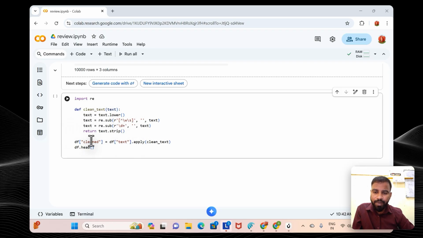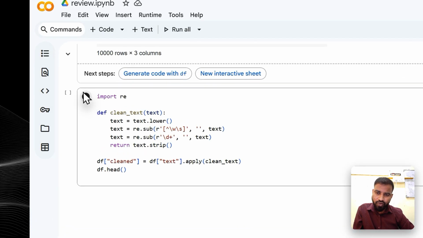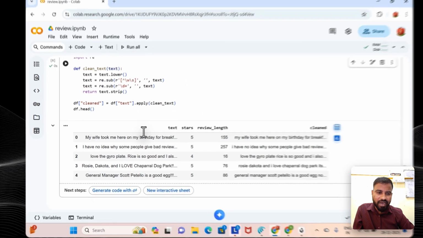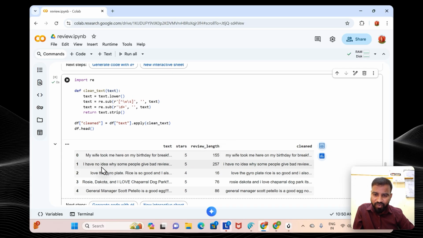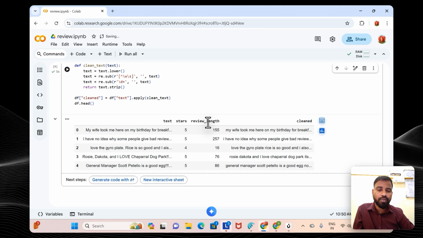So this logic we apply on top of df text dot apply clean text. This logic will go to every row and clean the data, so that now we get the cleaned data in a new column called cleaned. See here, we don't see any capital letters, because we already converted into lowercase, and we don't see any full stops or commas, because they are already removed. So this logic will be helpful for you to remove the punctuations and all the unnecessary parts. The next step is to